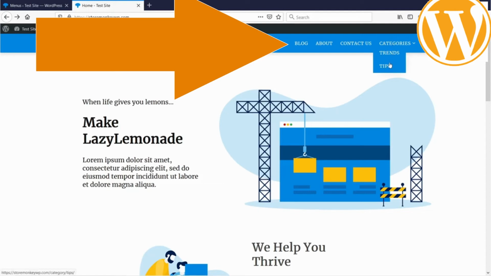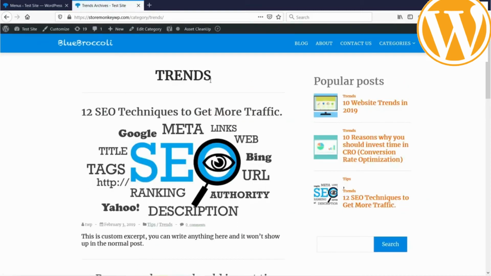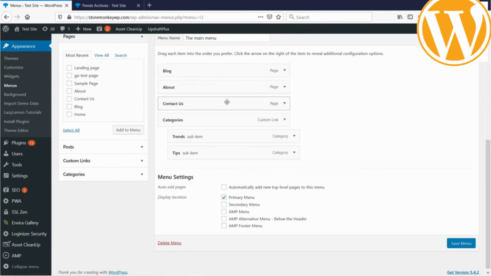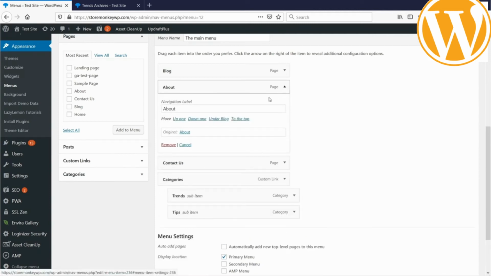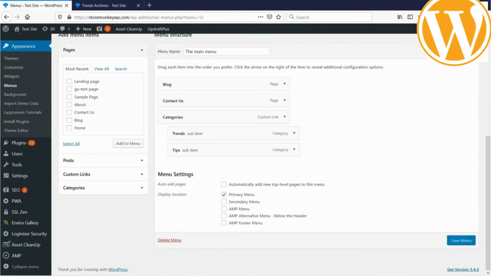So guys, you can see, if you want to delete any item from the menu, how will you do it? Just go to the website backend again and click on the item you want to remove. Just click here. I want to delete this. Just click on Remove. Our item is removed. After that you have to click on Save Menu. So guys, this is one option.